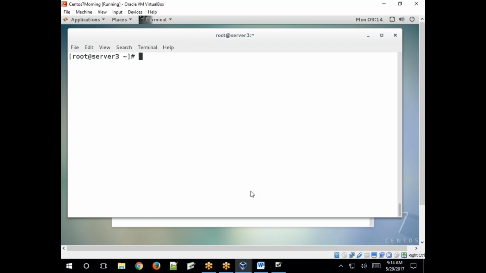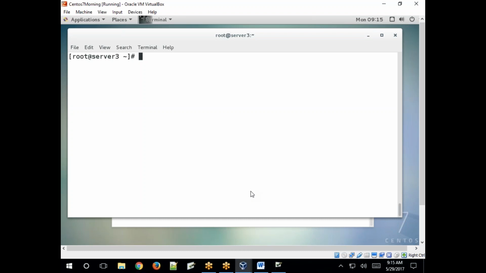Tomorrow I'll show you. Okay. So this was sudo users, remote login and copying files, just an introduction. Tomorrow I'll show you how to configure passwordless authentication for remote access. Here we need to enter a password for that user account, right?